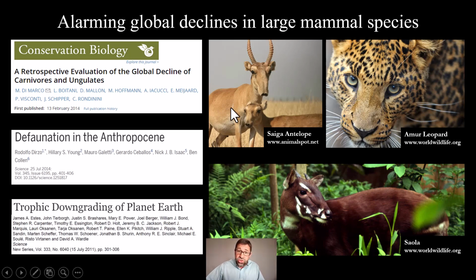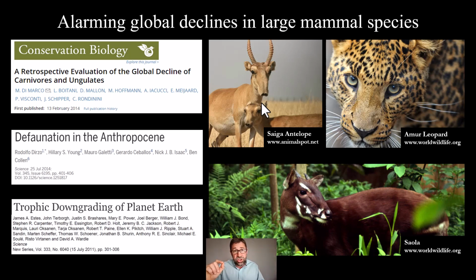Consider the once super abundant saiga antelope pictured here. They numbered over 2 million antelope in the 1950s, one of the largest populations of ungulates on the planet. The population has declined by 95% in the past 20 years. More than 120,000 saiga died. That's 40% of the remaining population in just 1 month in May of 2015.